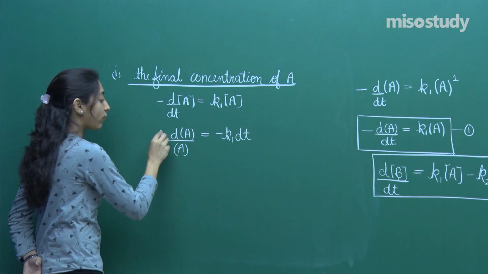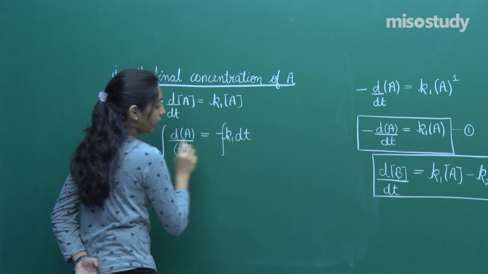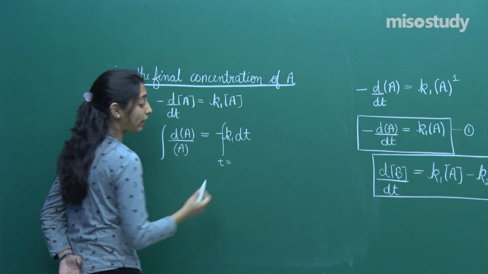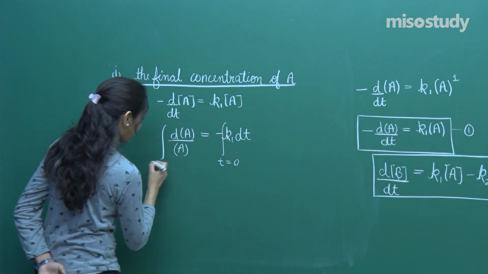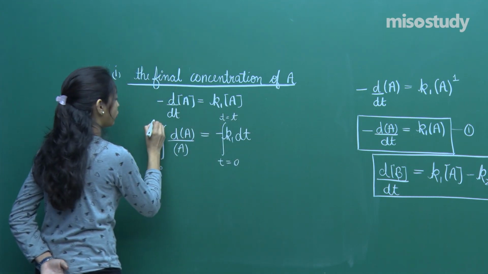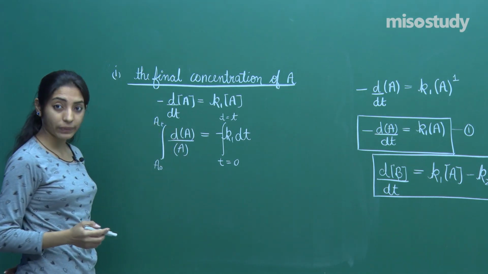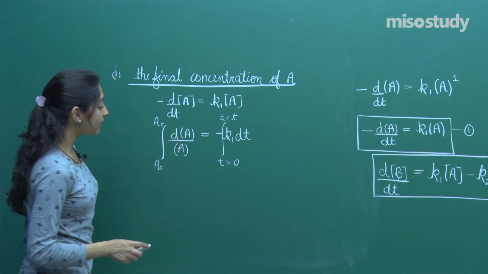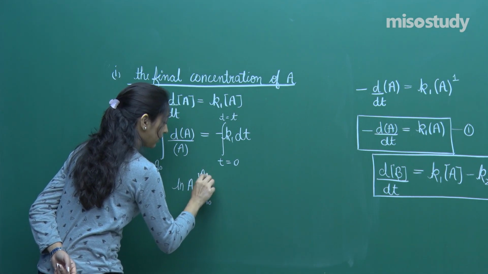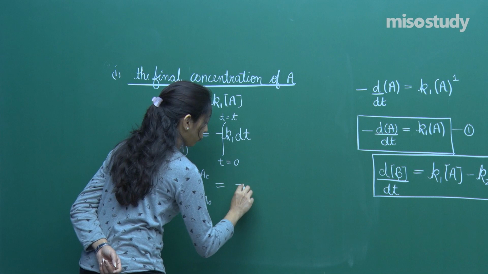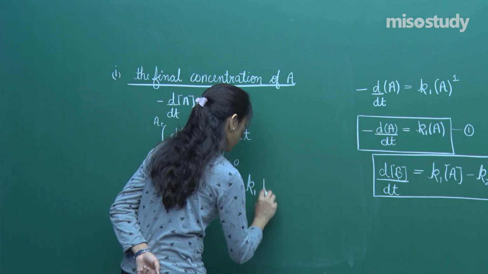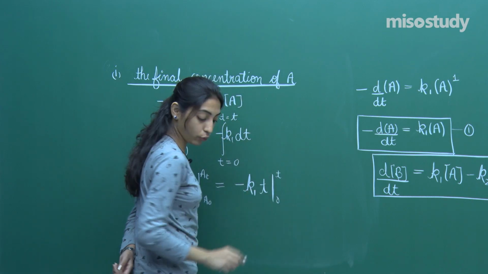Okay. So now if I ask you to do the integral, see when you put the integration limits, what should I be saying? When time t is equal to 0, the concentration of A is A naught. When time t is equal to t, the concentration of A will be A at time t. Okay. So 1 by x dx is ln of x. So this is ln of A, putting the limits A naught and At, is equal to minus K1. What is the integral of dt? This is t. Put the limits 0 to t.